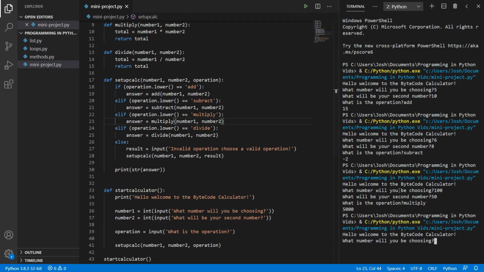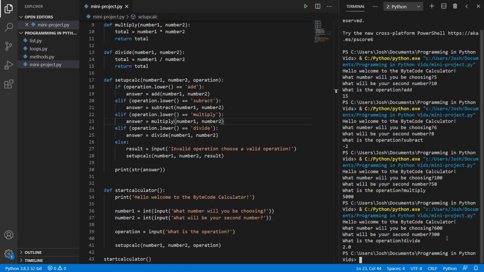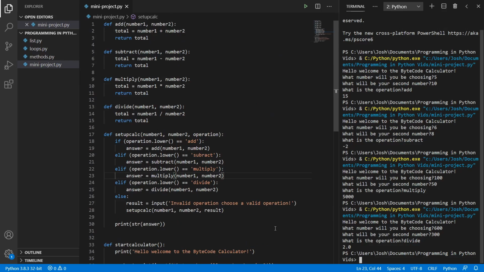Okay, so let's do one more time. Make sure the divide works. And let's do 600 and then 300, and then divide. 2.0. All right, cool. That is great. Oh, by the way, it did 2.0 because the dividing operation in Python and a lot of OOP programming languages like Java and C Sharp